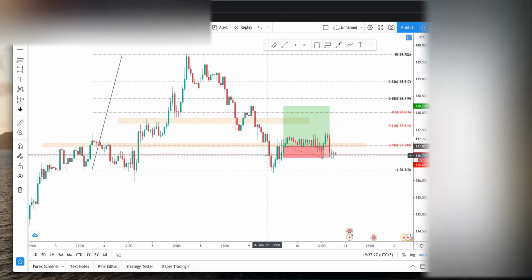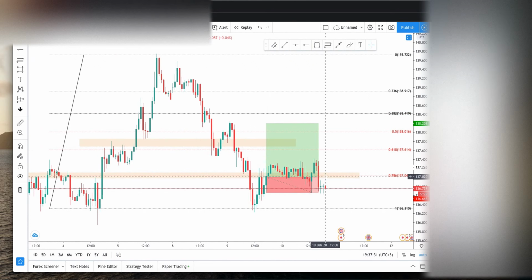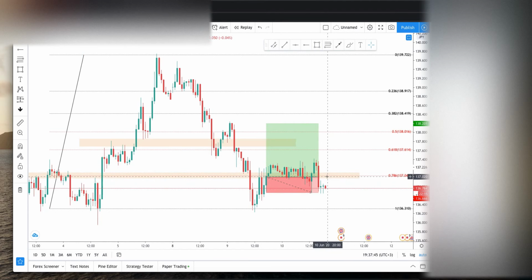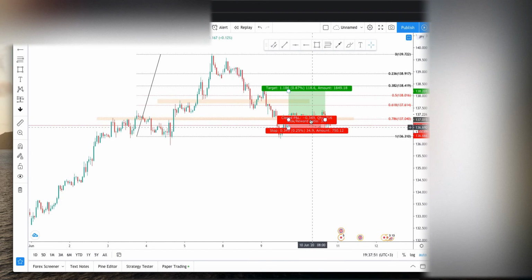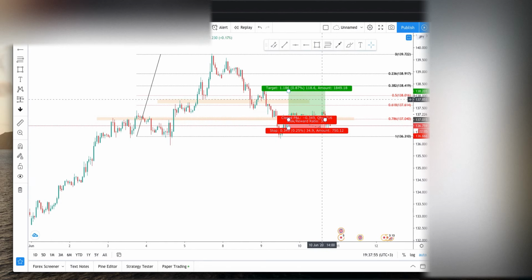On GJ, now this is where my stop loss hit. So I was anticipating that the market was going to reverse from 78.6, and it looked like it would, but it broke through, became a resistance, broke through, became a support, broke through. Now it's probably going to be acting as a resistance again, or just going to continue upwards. We don't know. So this is the only one, 35 pips, that hit for my stop loss. Other than that,